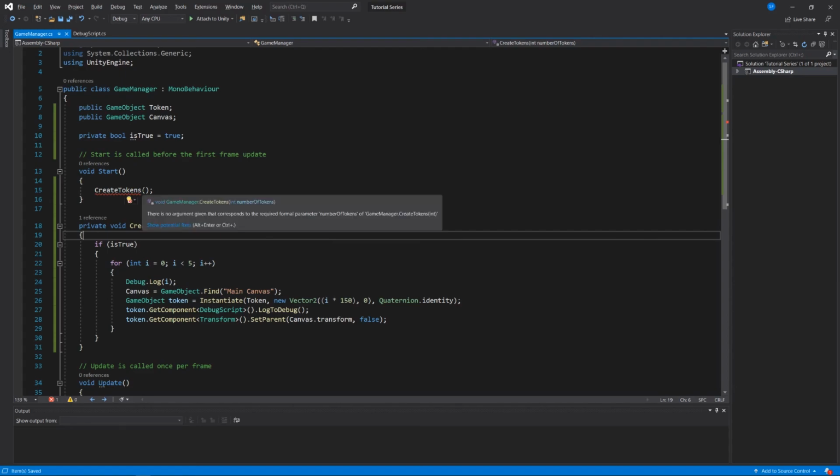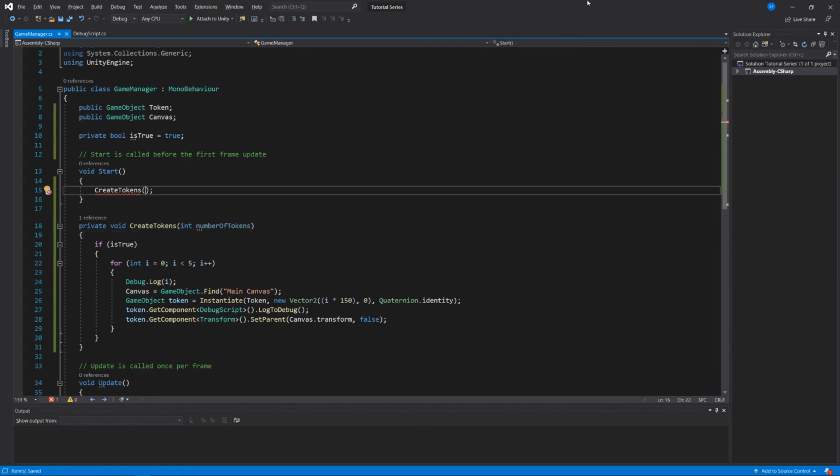And so create tokens, let's just say create a number. We'll say 5 because we've been using 5. I'm passing in 5 as an argument here to this create tokens